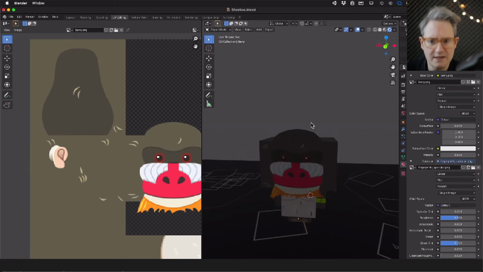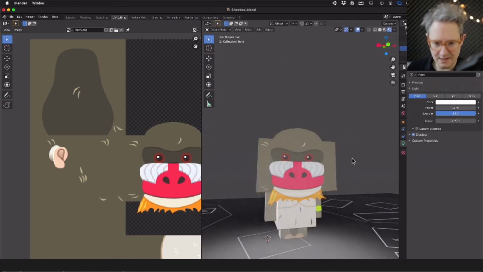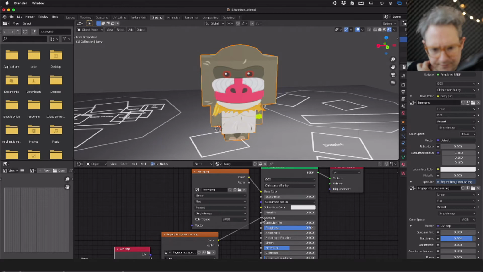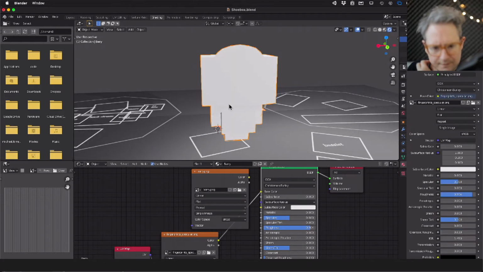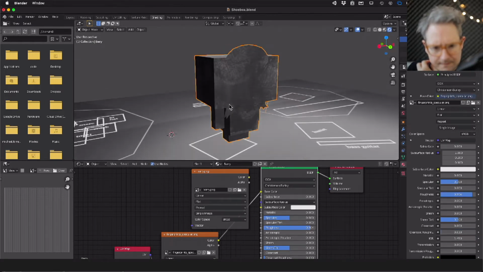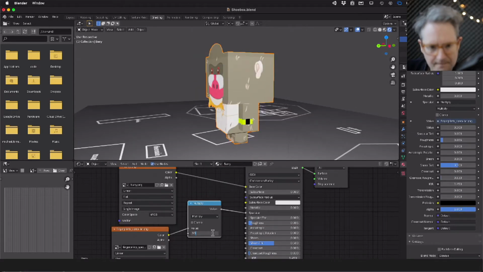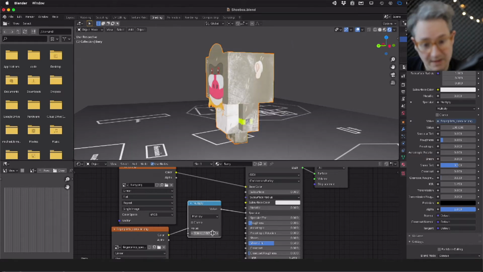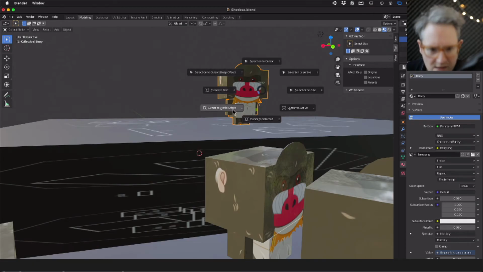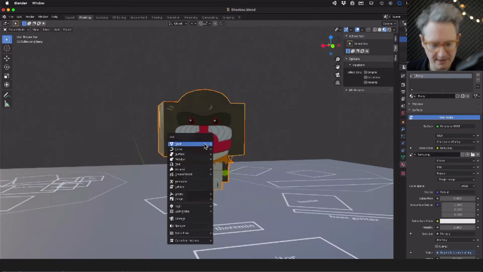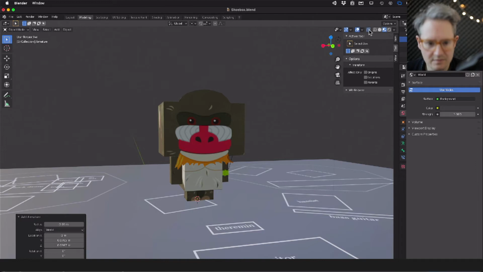Oh, we need a light source though. Right, so there's a light source. Okay, so we should be able to... Alright, this doesn't do anything. Okay, there we go. Okay, that does it. Cursor to selected. Okay, now if we add an armature, if we go into wireframe,